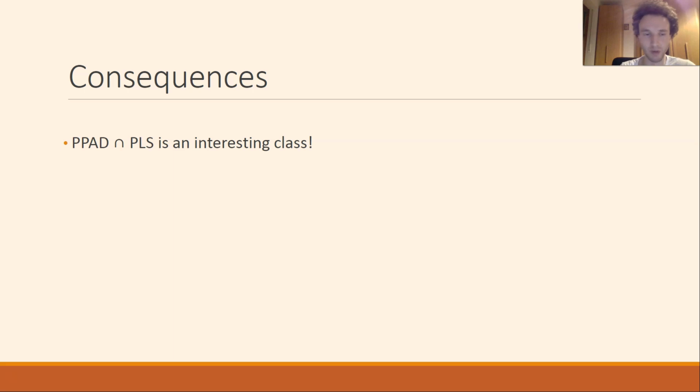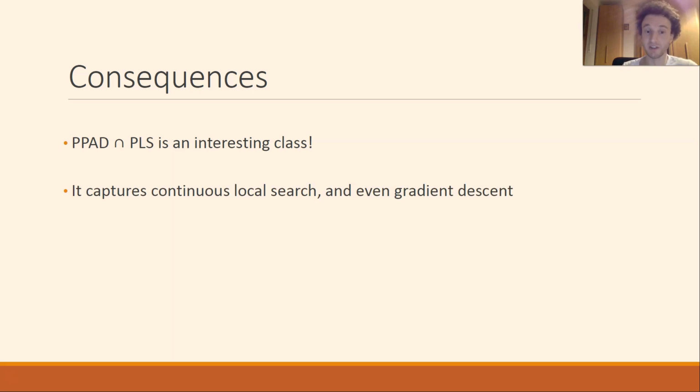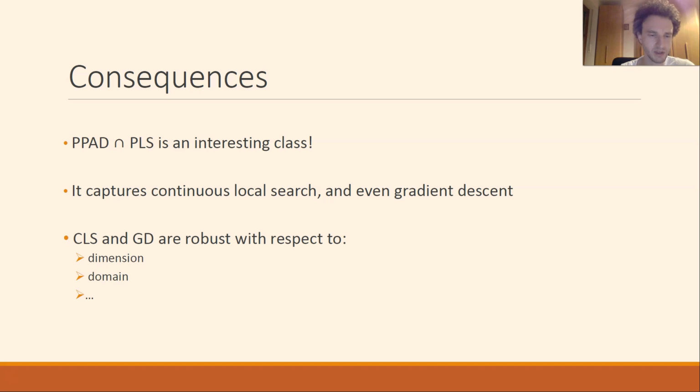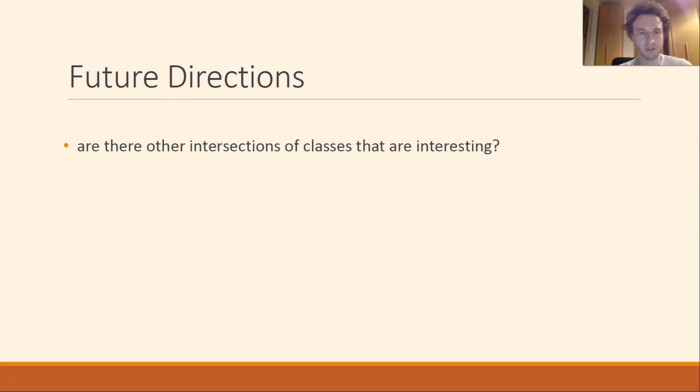It has interesting complete problems. It has a very nice characterization in terms of continuous local search or even gradient descent, right? PPAD intersection PLS is the class of all TFNP problems that can be solved by gradient descent. And there are also some technical consequences about the robustness of the definition of CLS and GD in terms of dimension, domain, etc. Let me just finish this talk by mentioning some future directions. The first one is that